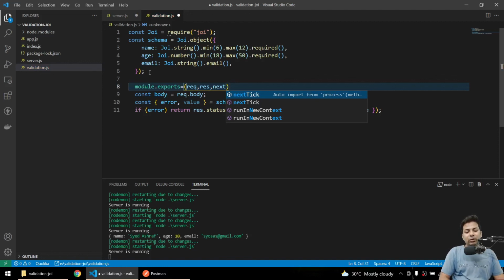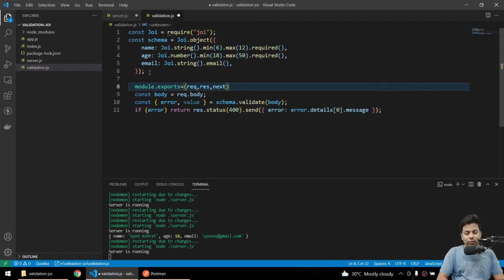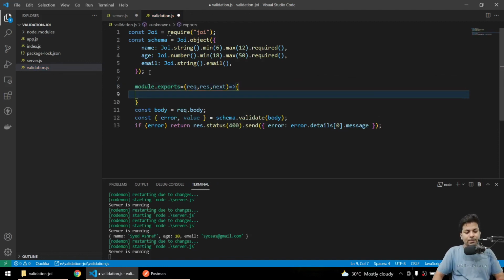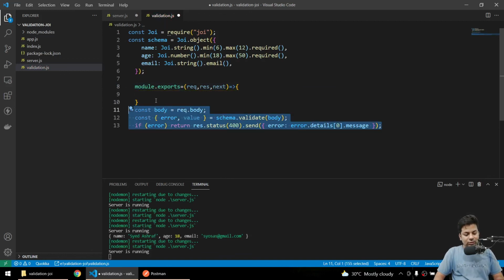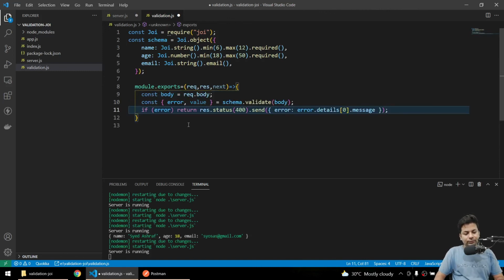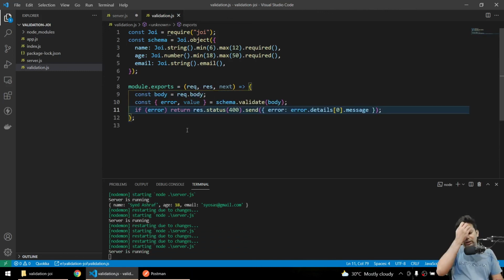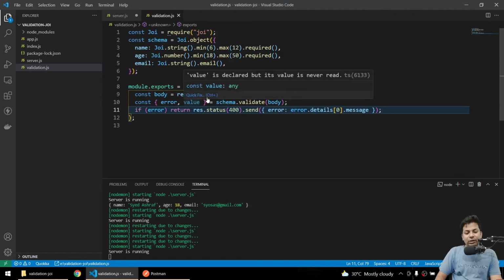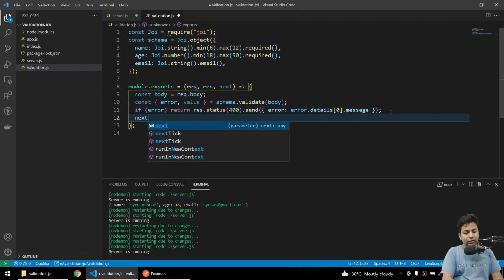If everything is okay, we'll just go to the main route. Now we'll cut this part, paste it here, save it. So you can see it will come first here, request, we'll get the body, check error or value, if error return back, otherwise just go to the next route.